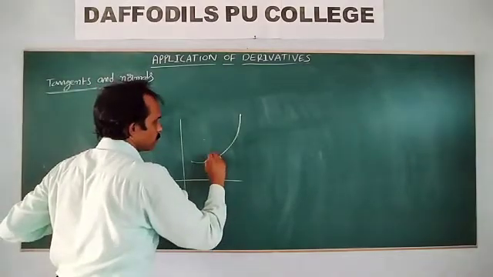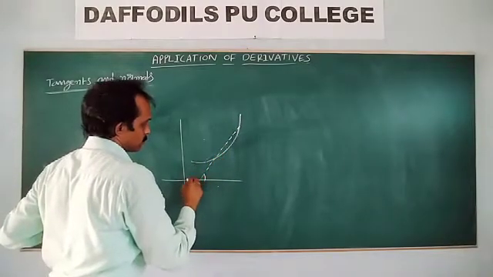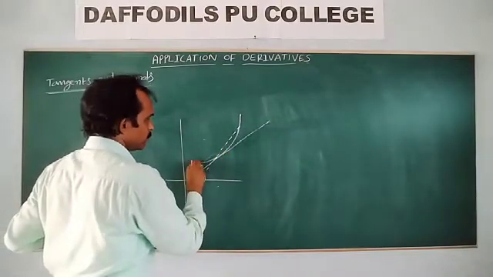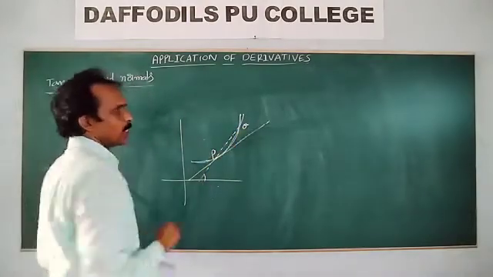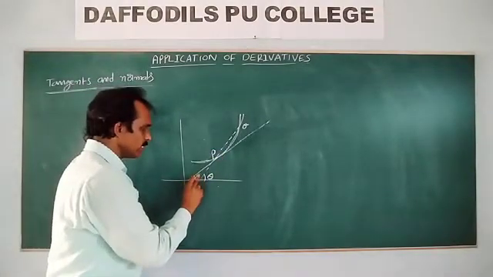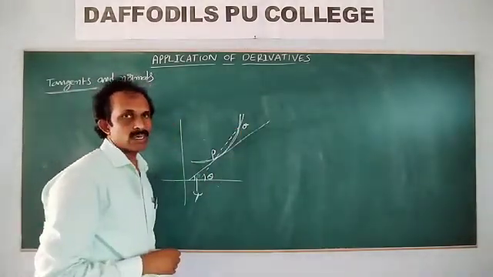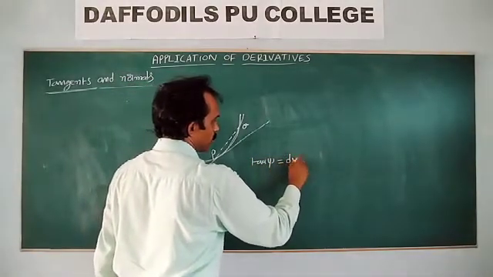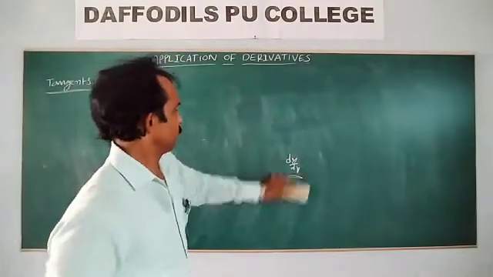We already discussed this secant at P. As Q tends to P, the secant acts as a tangent. That is why, for the equation of the tangent, the slope of that line, tan psi, is equal to dy by dx. I explained this in the previous class, so use this concept.